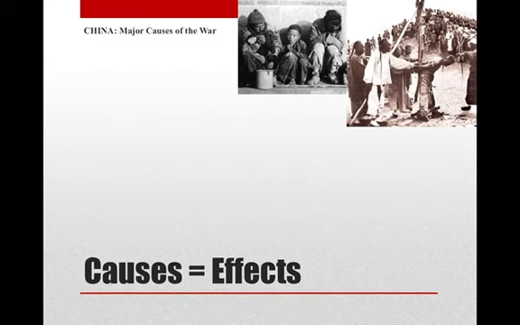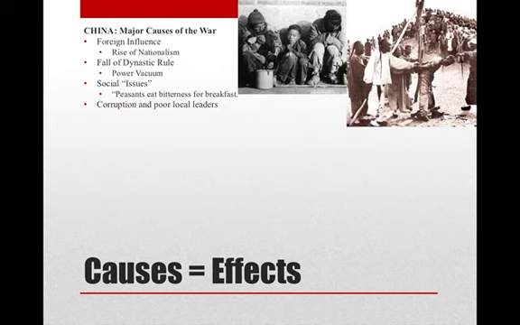So when we look at this, think what were the major causes of the Chinese Civil War? Well, we talked about this. We had the influence of foreigners. We had your spheres of influence. We had your carving up of China for trade purposes by Britain, by outside European influences, which led to the rise of nationalism. You had your fall of the Qing dynasty, which created that power vacuum that we discussed. We had the massive social issues that came from the fall of dynastic rule, the warlord period, that came from foreign influence. You talk the Opium Wars, the opium addiction,